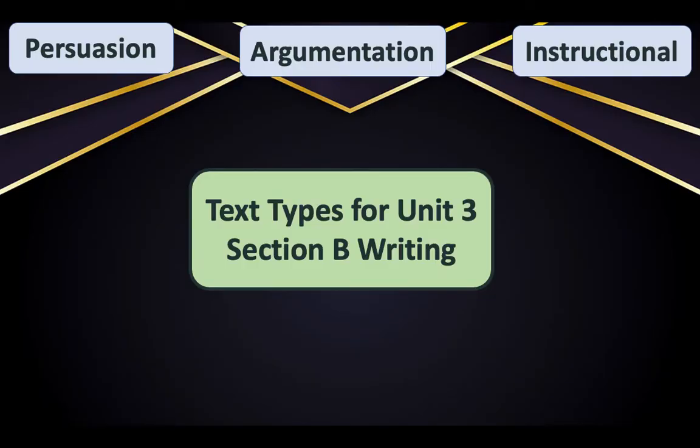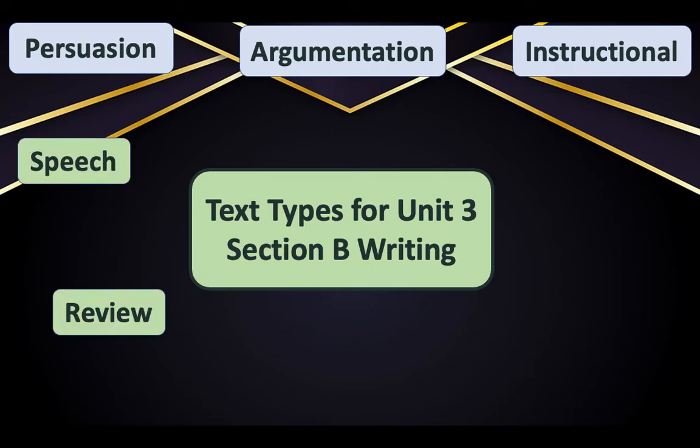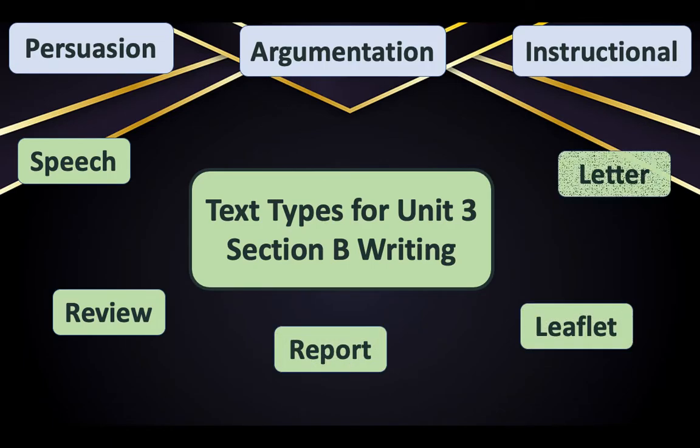So just as a reminder then, the writing tasks for Unit 3 fall under the umbrella of these 3 types of writing. We've got persuasion, argumentation and instructional writing. Now you use these tones and purposes to write via presenting a different text type in your exam. Some of the text types that you need to know about are speeches. You need to be able to write a review. Perhaps you might be asked to write a report or a leaflet, a letter that we're looking at in this video,